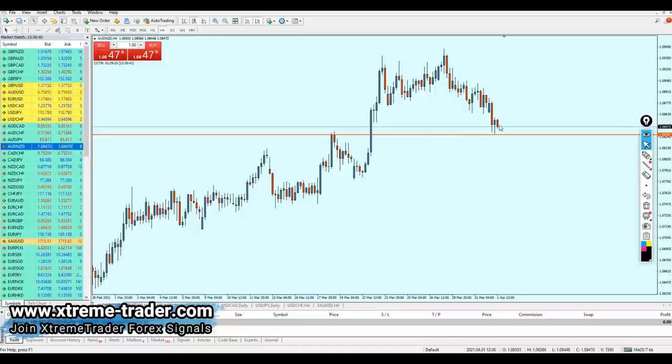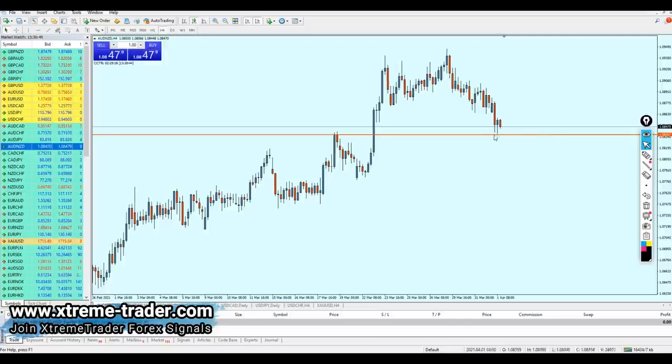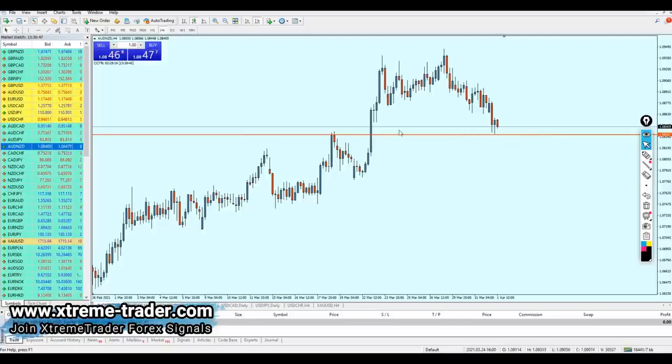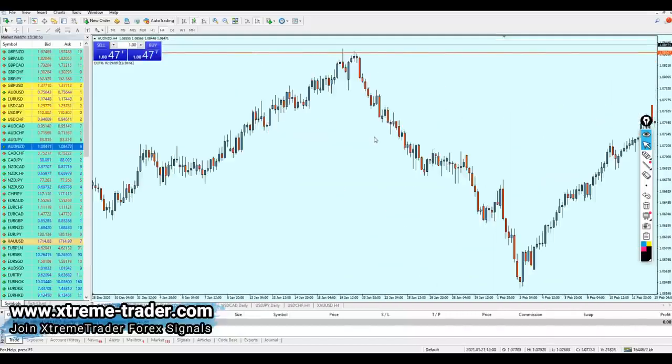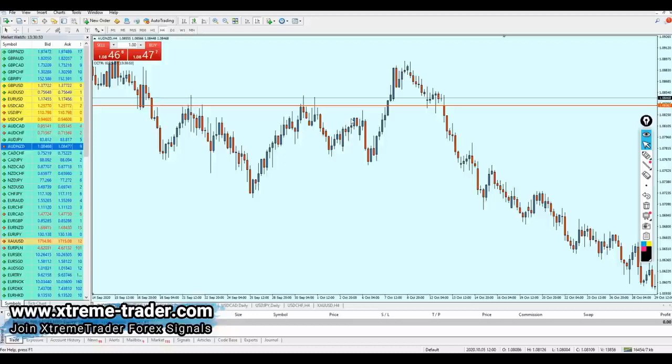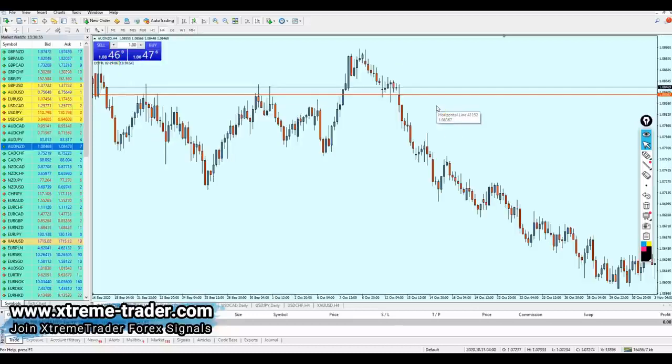So the candle right now is red, and as we can see, it's falling down. It might fall down a little bit more. So how can I really have the perfect entry? Simply scroll to the left, scroll more to the left until you find the support. Look at that. This is the support level. This is the support level which has later on become a resistance.